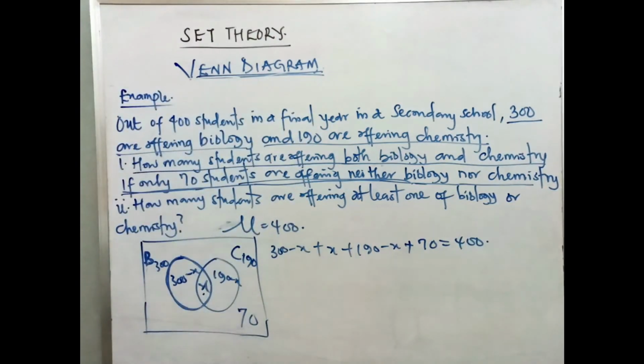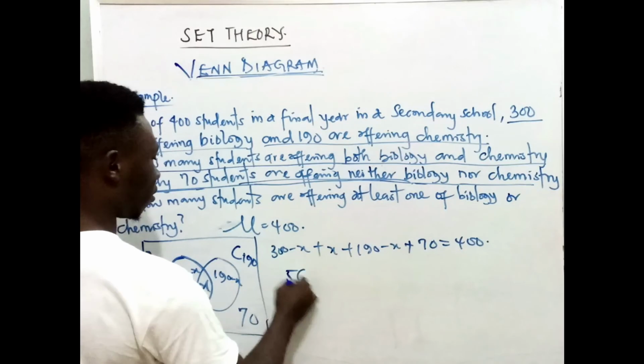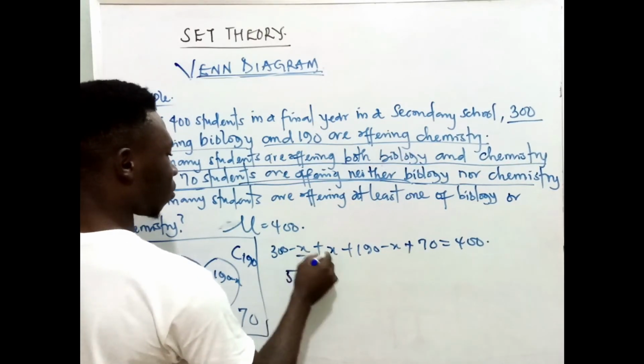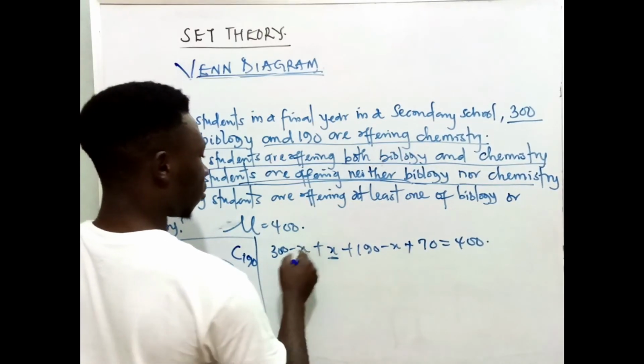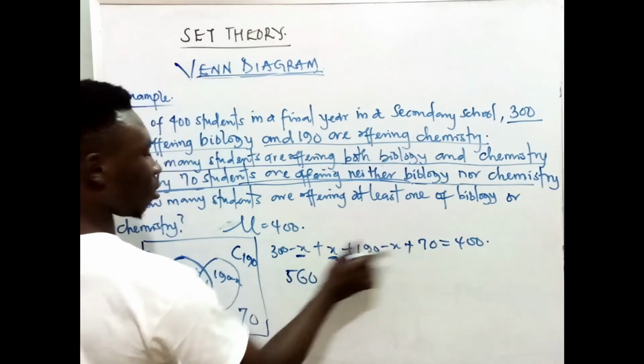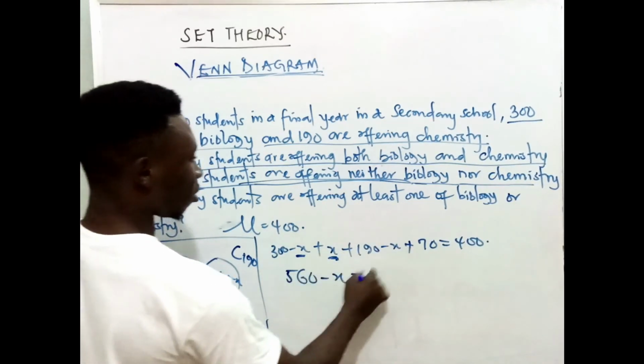So at this junction, adding up, you have 300 plus 190 plus 70. That's going to give you 560, and this is plus x minus x, the x's cancel. So you have 560 minus x is equal to